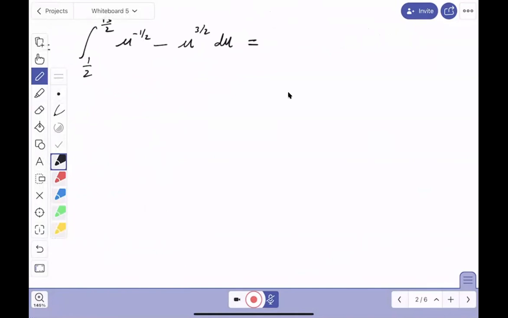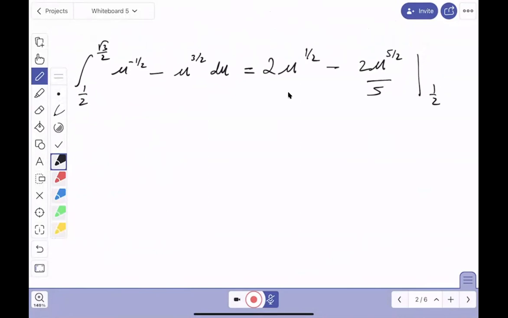I'm going to do the antiderivative. I'm going to add 1 to minus 1/2. That's 1/2 now. Divide by half is like multiplying by 2. Minus, I'm going to add 1 to the exponent. That's 5/2. Divide by half like multiplying by 2/5. 1/2. And that's going to be root 3